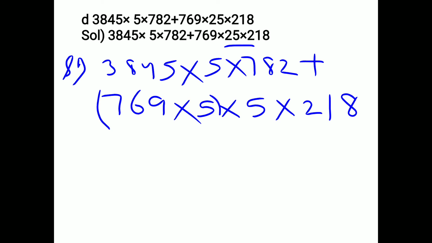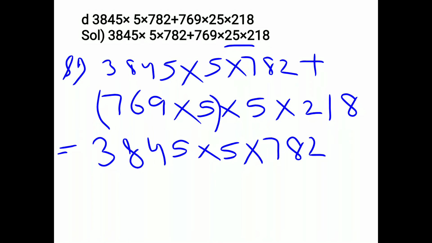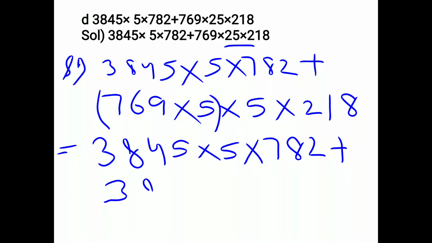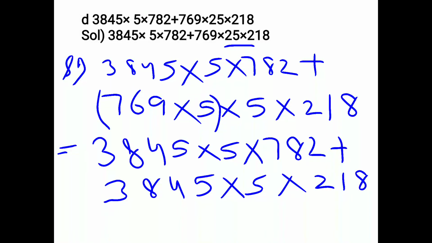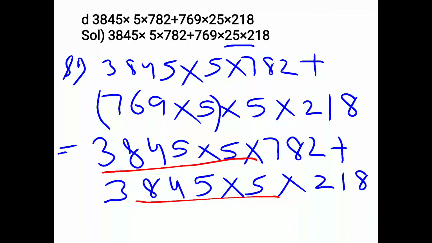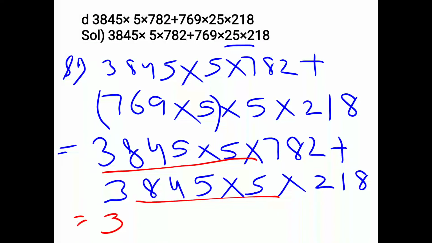You have to multiply these two numbers first of all. So the answer comes 3845 into 5 into 782 plus 769. If you multiply it, the answer comes 3845 into 5 into 218. Now see which numbers are common. If I see this number and this number are the same, before plus and after multiply, so what do you do? You write